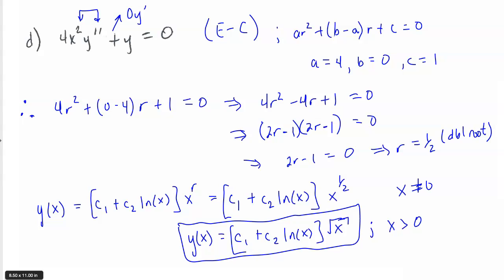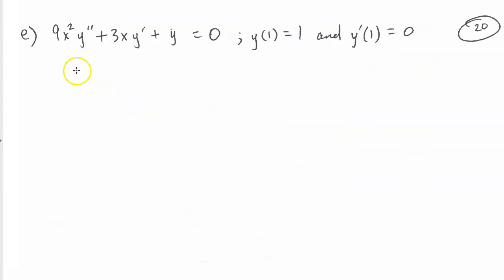So we'll go ahead and move on to our last example for the case 2 types of Euler-Cauchys. And so this last one here, we will have initial conditions, so that we'll be able to actually find out what our C1 and C2 are. Okay, so for this example again, we check to see that we have the equidimensional thing going on. So therefore, we know this is an Euler-Cauchy. Since we know it's an Euler-Cauchy, then of course our indicial equation